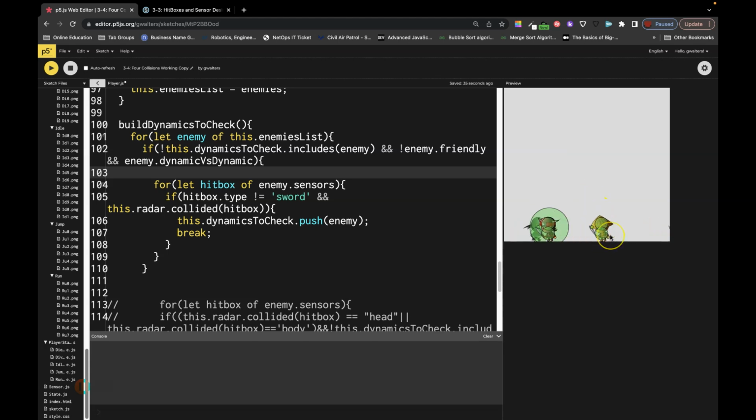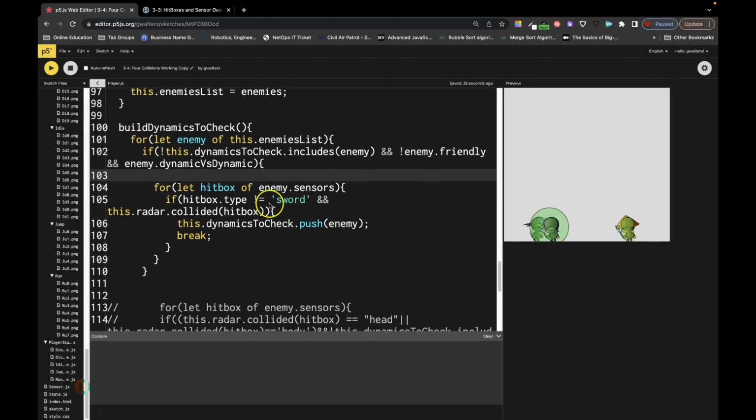Okay, so now we're seeing, it still looks like they're reacting a little bit afterwards. So I think I still got a logic error in here. I'm going to pause this and I'll quickly find it, and then I'll come back. Okay. The error is